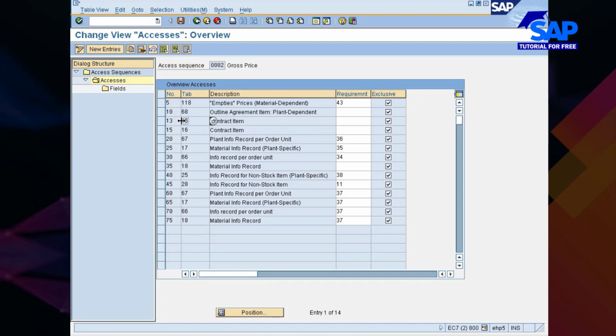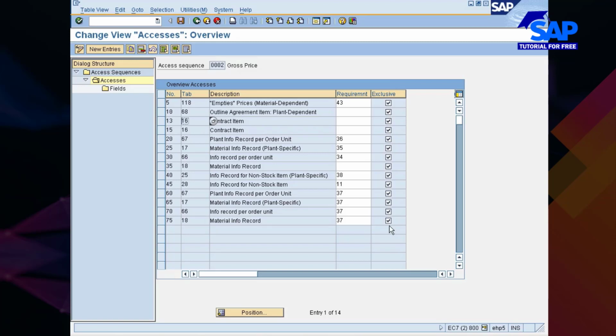If you want to do it that way, you set the exclusion indicator. Even though the record is found, if you want to search further condition tables for records, and then return the value after searching all the condition tables, do not set this exclusive indicator.